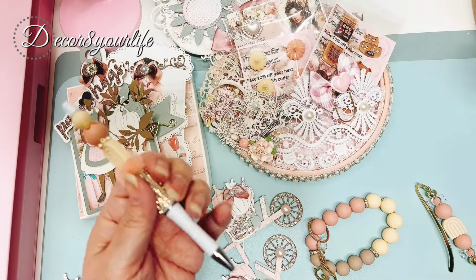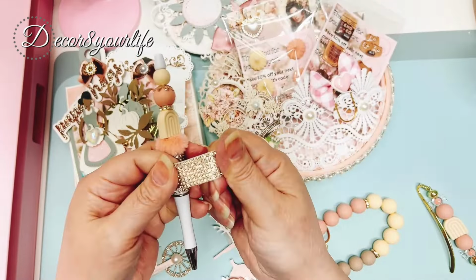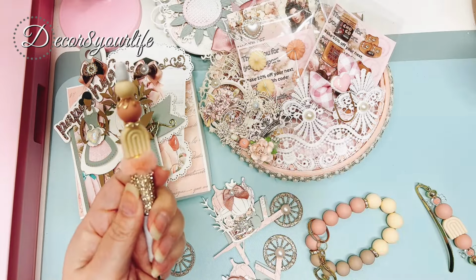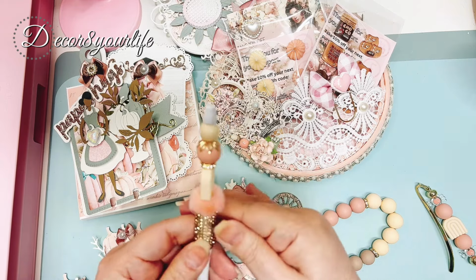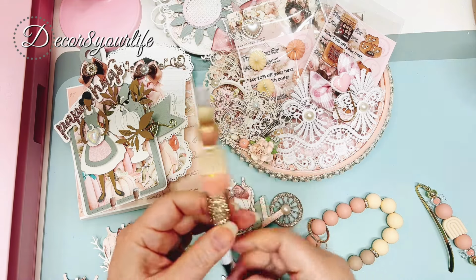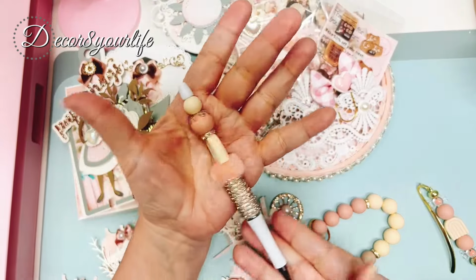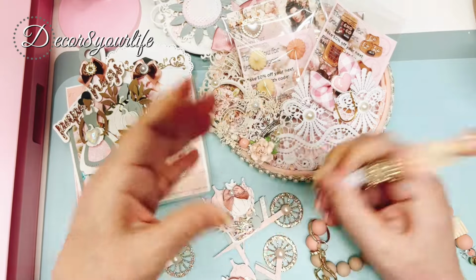I bought a huge sheet, and I have these strips that I sell in my store as well. And so I believe they are there already. Gosh, I have so much stuff that I still need to upload to the website and to Etsy. But anyhow, I went ahead and I made this pen, and it is black ink, medium point,